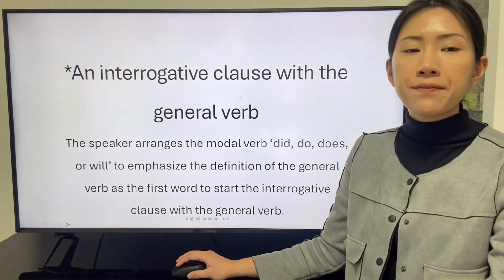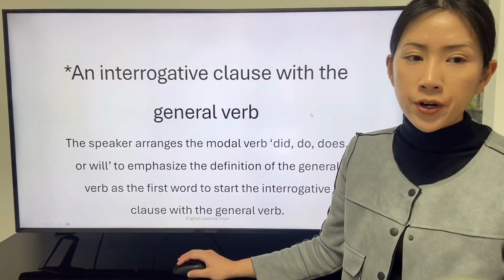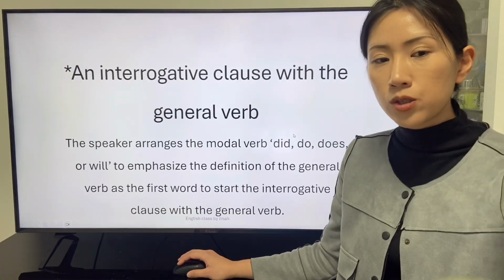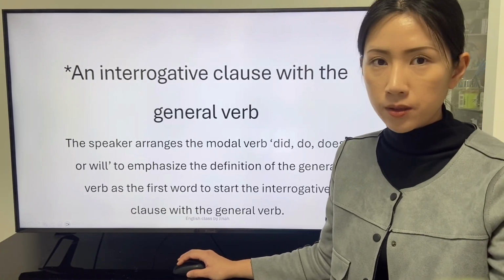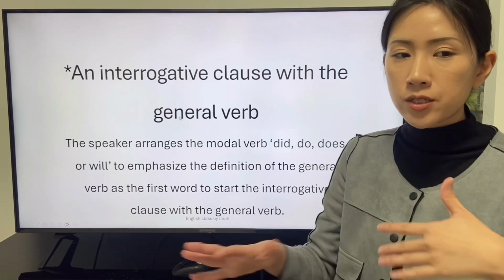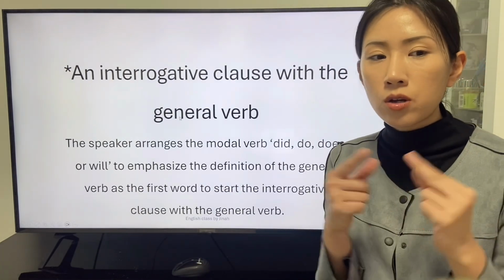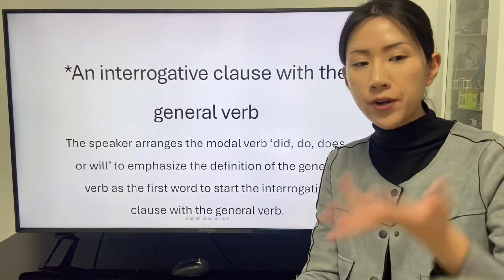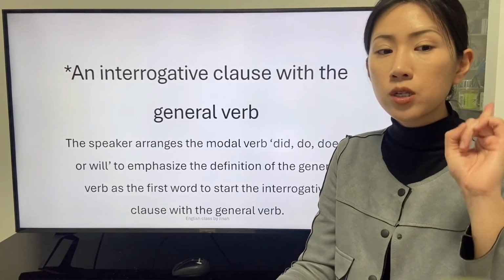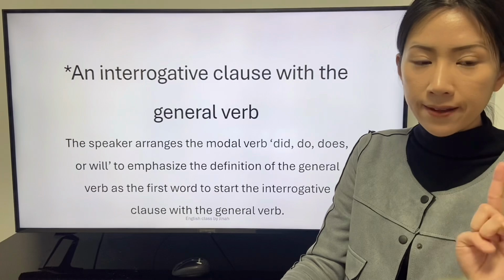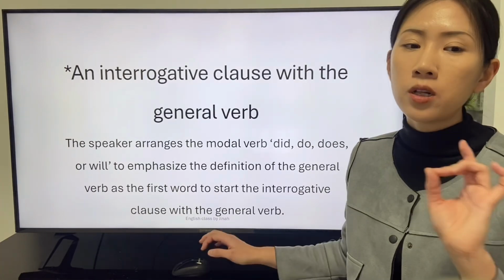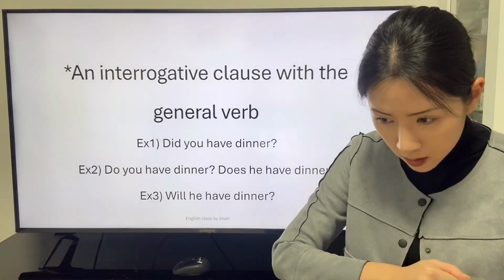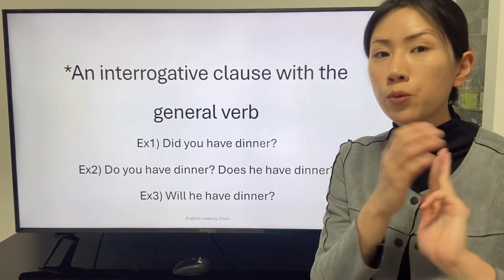An interrogative clause with the general verb is with the modal verb did, do, does, or will. The speaker arranges the modal verb did, do, does, or will to emphasize the definition of the general verb as the first word to start the interrogative clause with the general verb. The modal verb did, does, do, or will